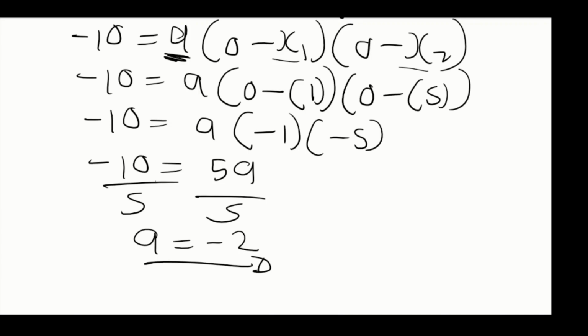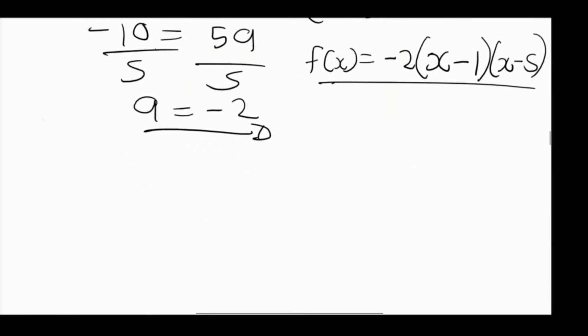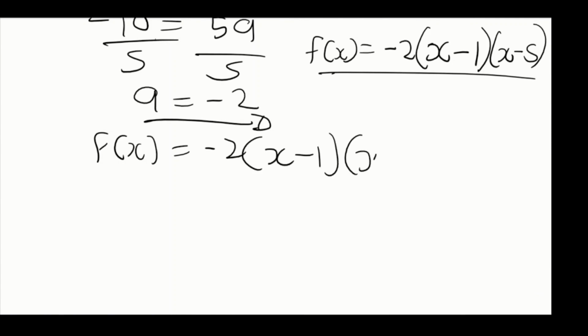here. So meaning that we're going to have our f of x being equal to our a value, which is minus 2, into x minus our intercept, which is 1, and x minus our intercept, which is 5. So this is the equation, so you're going to continue to solve it. So f of x is equal to minus 2 into x minus 1, x minus 5. So you're going to use the FOIL method to find the solution for this portion, and then later multiply with